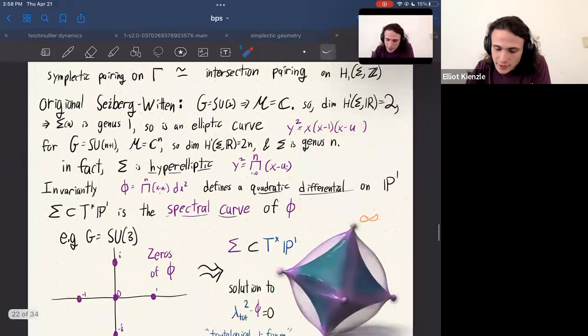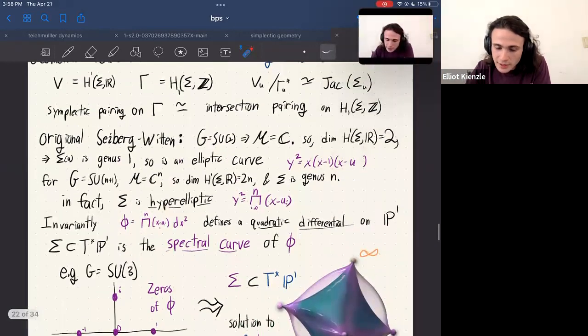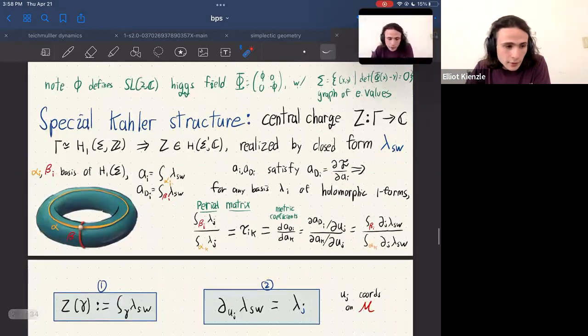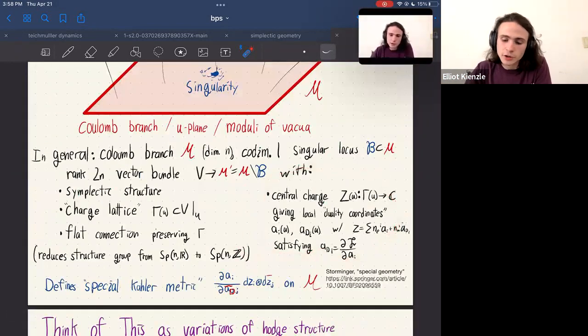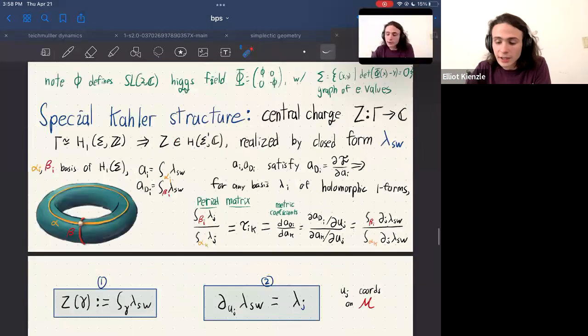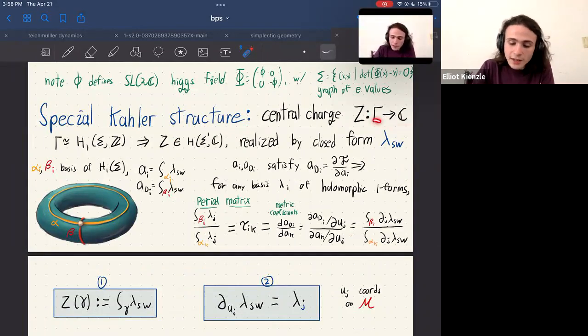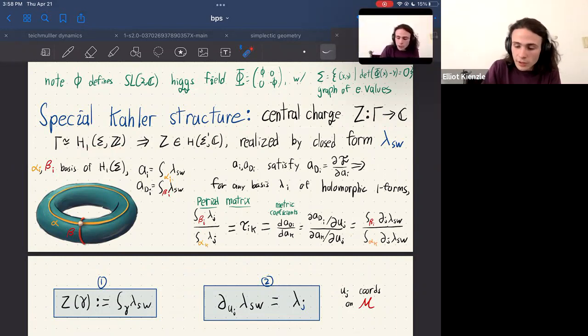Yeah, so that gives us a realization of the vector space and the integer lattice inside and the polarization. But there was one more thing, this more special part that was related to the central charge. So the central charge is just some character on the lattice. It just linearly maps the lattice to C. And remembering that the lattice is the integer-valued part of the cohomology, we can think about